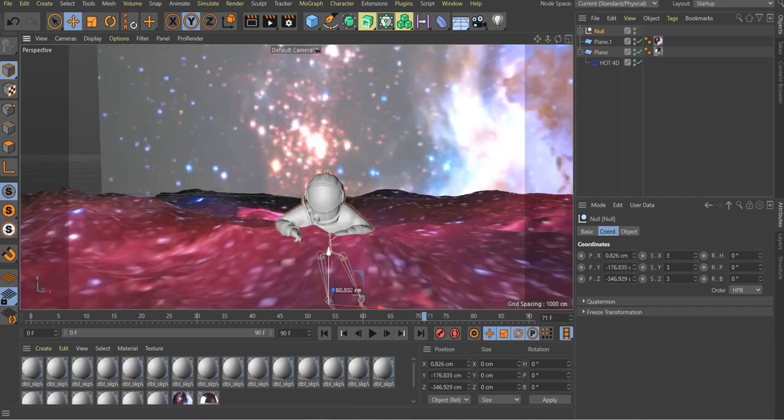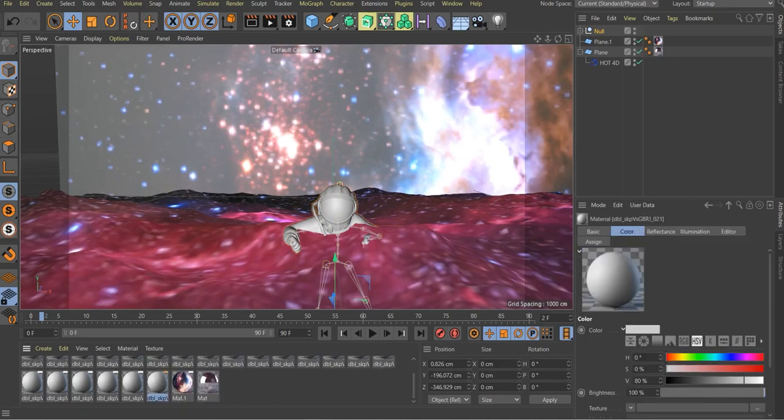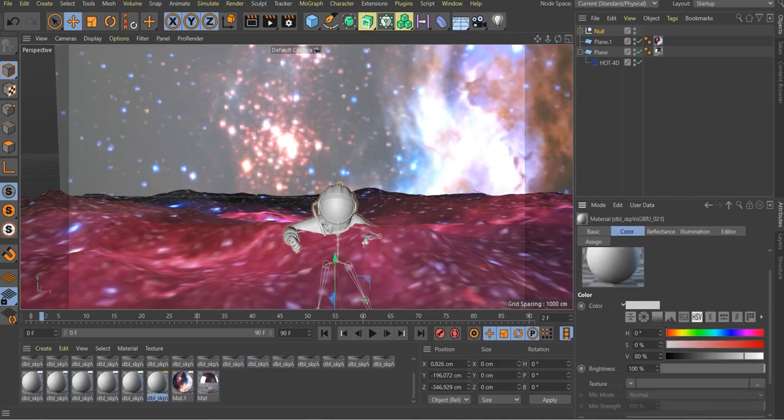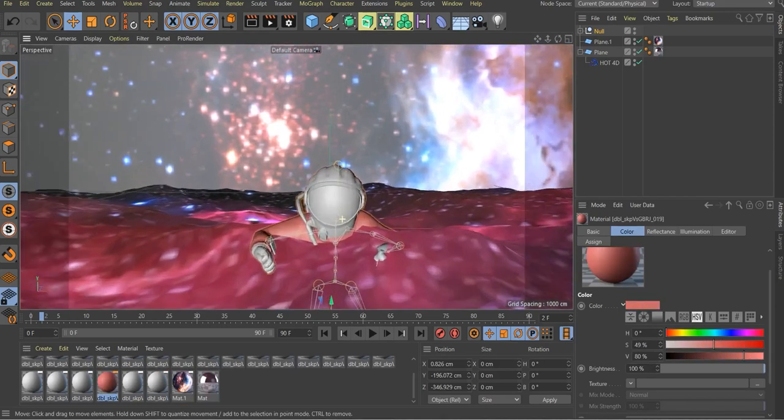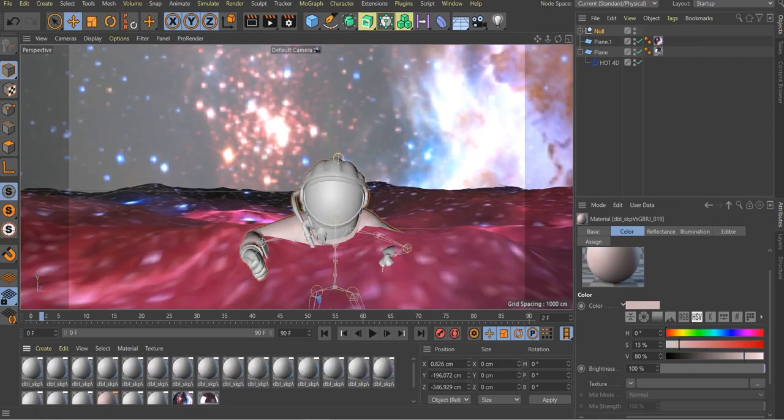Place your astronaut such that half of his hand is submerged in water. As you can see, it has changed the texture of my ocean. I don't know why it happens, but now we need to find the right texture of the astronaut. You can change the color of the astronaut's dress, but I think the gray color is good, but I think you should leave all the colors to white.